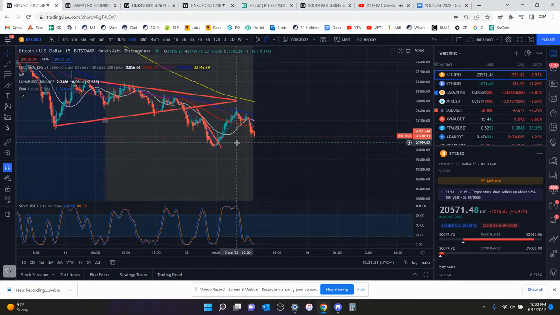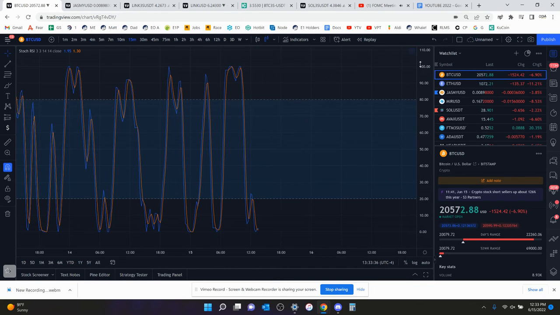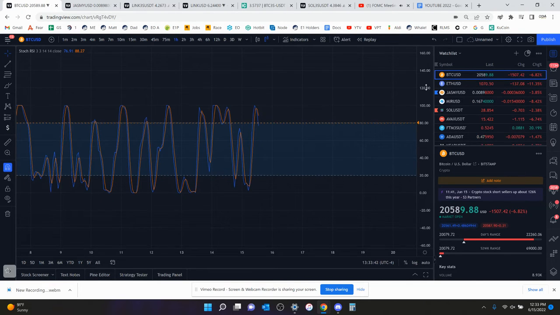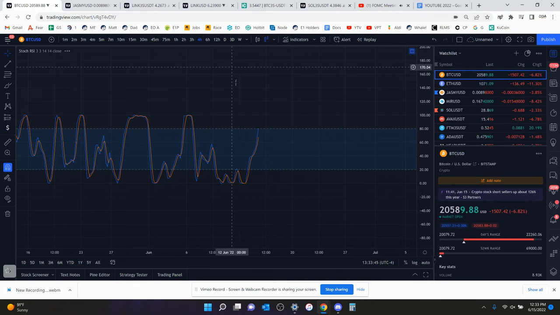But we are right now again in a bearish state. The 15-minute chart is oversold, so we could get a relief rally. But the problem is the 15-minute would have to outdo the 1 hour, which is hard, and it'd have to outdo the 4 hour because both are high.